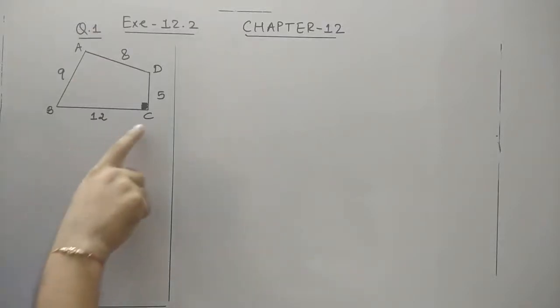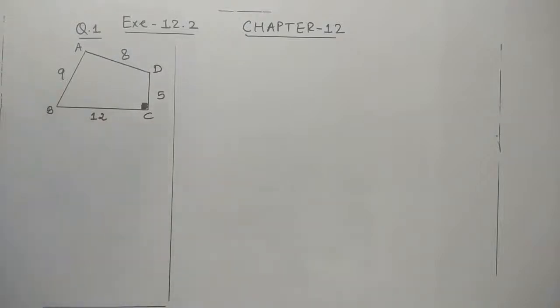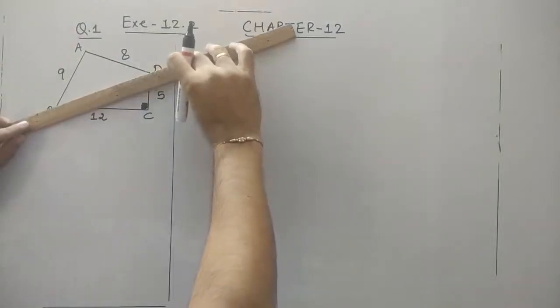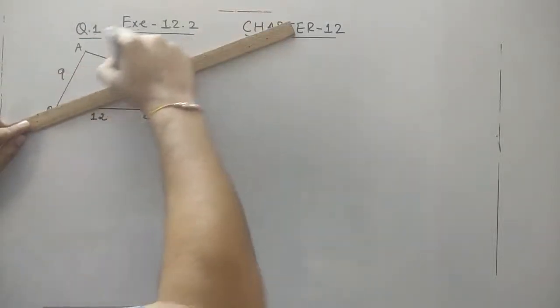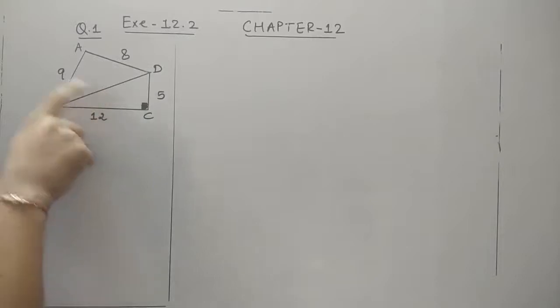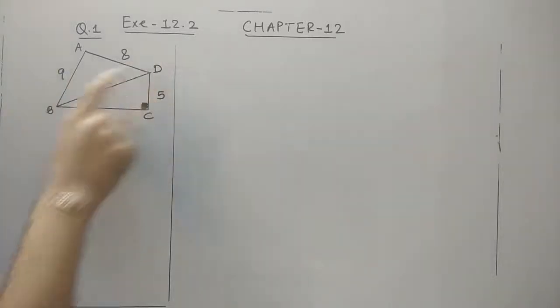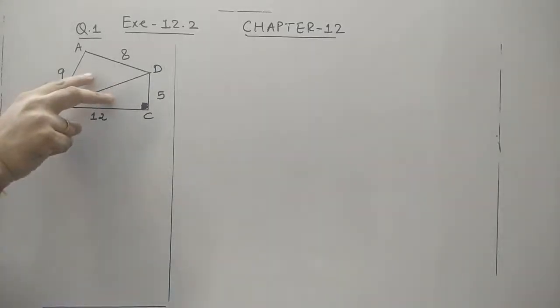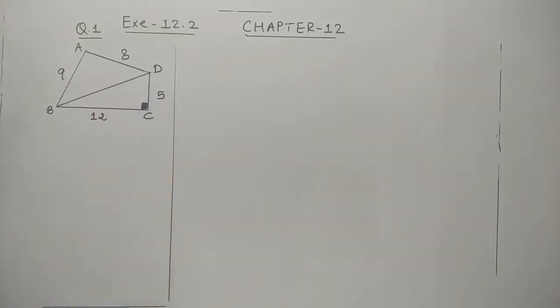You can see that they have given the hint, that angle C is a right angle. So what I am going to do, I will join the diagonal BD. Now we can see that this quadrilateral ABCD is divided into two triangles: one is triangle ABD and another is BCD. If we obtain the length of BD, the area of triangle ABD can be found by Heron's formula and BCD can also be found. Then we'll add both the areas of the triangles and we finally reach the answer.